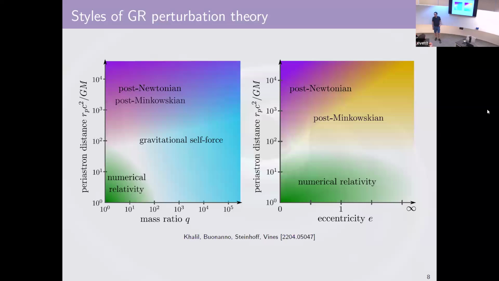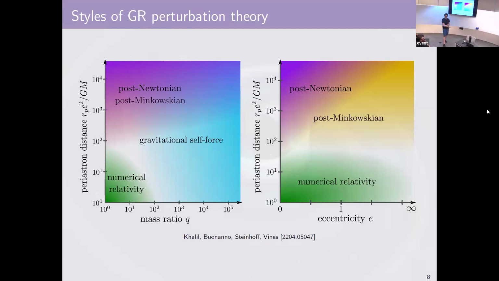Could it be that you can do an expansion where you start post-Minkowskian and then flip to post-Newtonian as the eccentricity goes down? Does it make sense to do something like that? There are probably various ways of doing that. I don't think anyone has looked significantly into these sorts of explicit matching situations. But EOB is sort of designed to try and do this for you, to pull together all this information into some effective description of everything.